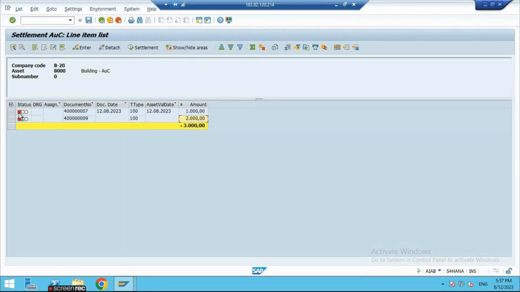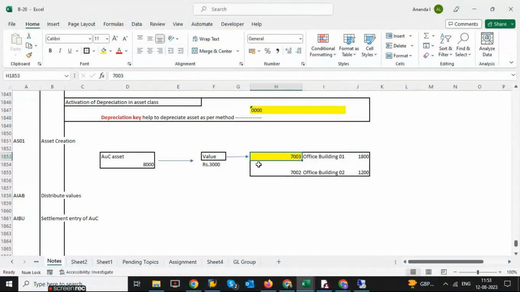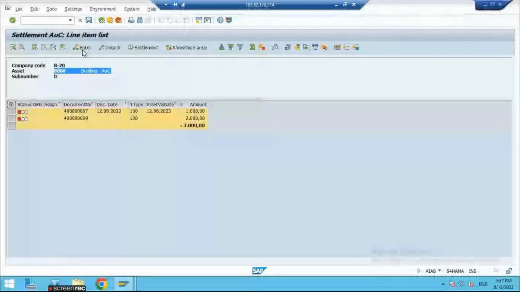That means this is the value lying in this particular AUC asset, building, whichever we have done. Now I want to distribute as per my plan. I want to distribute 1800 to 7003 and 1200 to 7004. So here I should select all and press enter and tell the system,